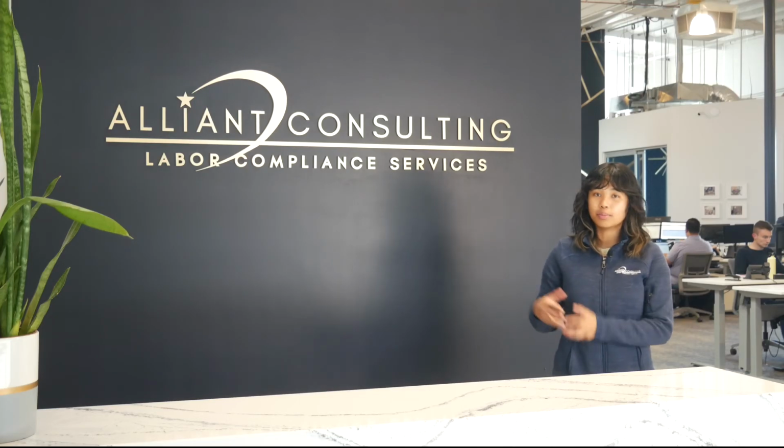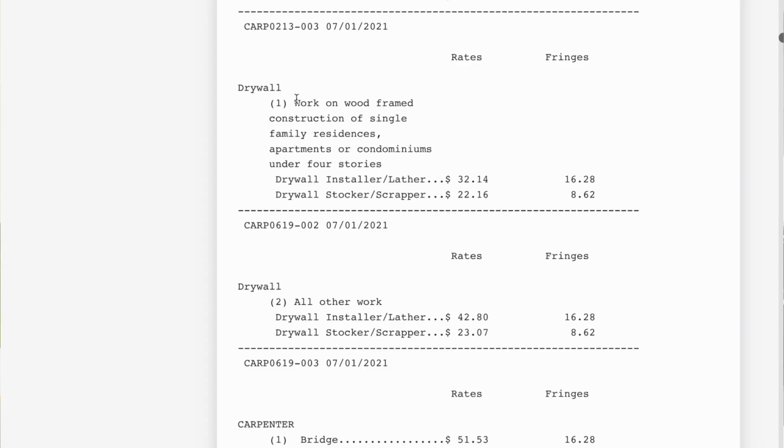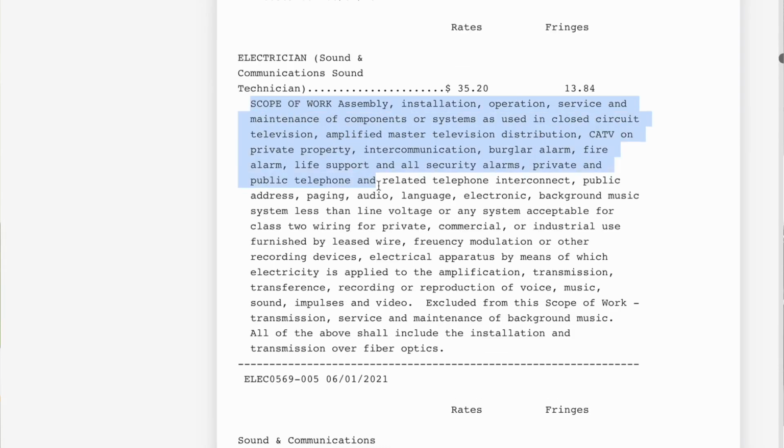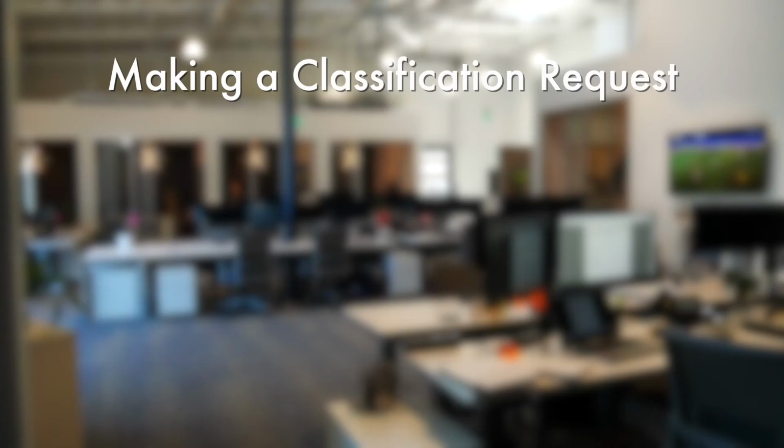As for the amount that gets paid to the employees, you'd first have to find the craft or classification that you intend to utilize on your project. You may do so by looking at the type of scope of work being performed by your employees. You would then use the craft that best matches the scope of work being performed. If none of the crafts listed on your wage determination seem to be applicable, you may submit a request for